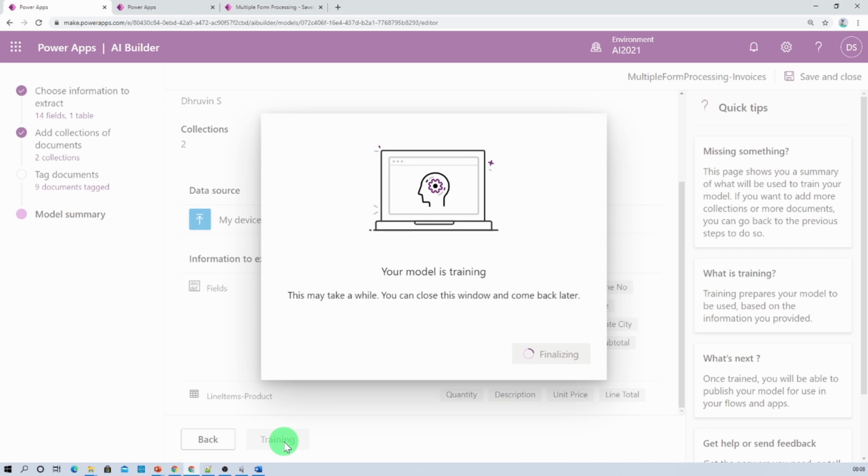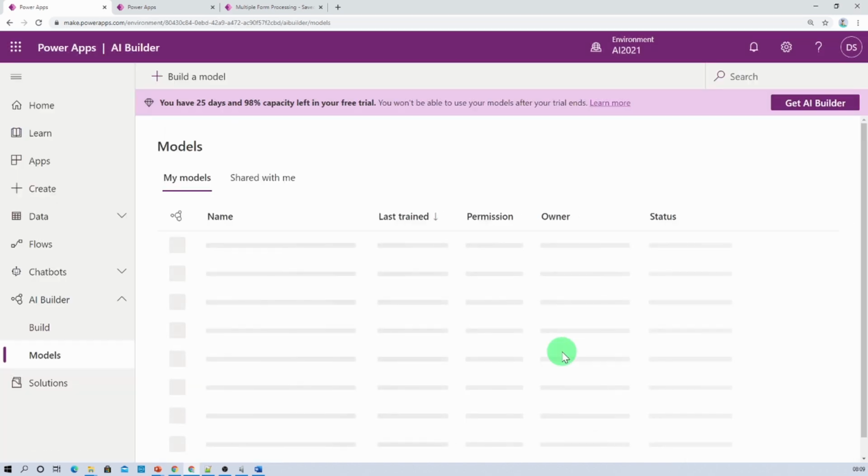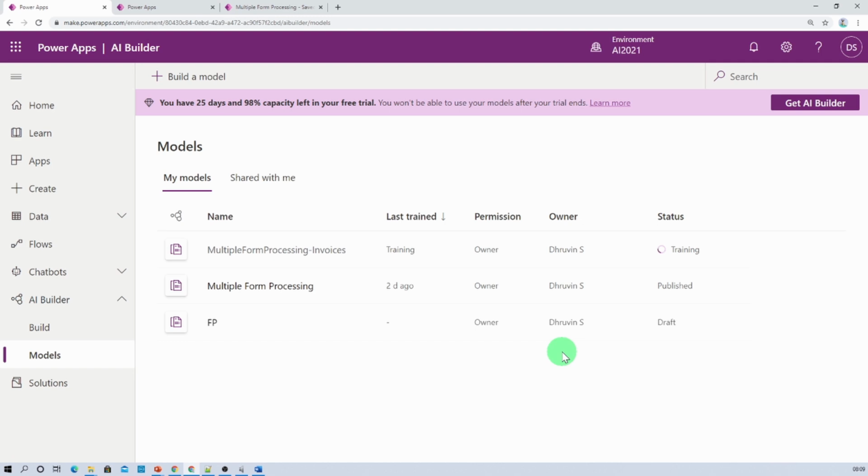So let's click on train so that your model is going to be training, and your model is about to train using this option. This will take some time, so let's just click on the model section from here. So it will redirect you to this particular page, and now you can see here it is showing training over here. So this will take around 2 to 5 minutes based on the amount of forms you have added in order to make for training, right? So let's wait for some time, and once it is trained it will show you the status as trained over here. So let's wait and check.